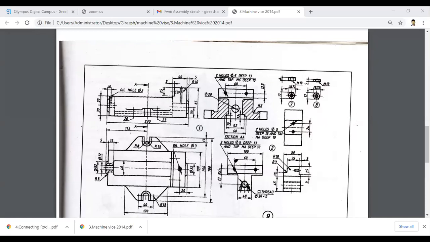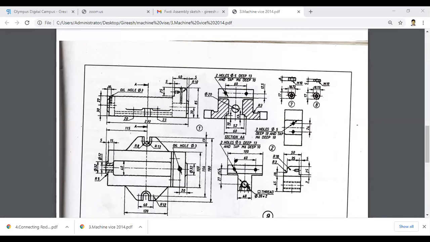This one will be 220 minus 40, it will be 180. 180 at 180 degree. Again downwards this is 57 at minus 90. Then you close this. While closing, make sure that the end of this point and the end of this line will match. Like this, you have to create a profile.